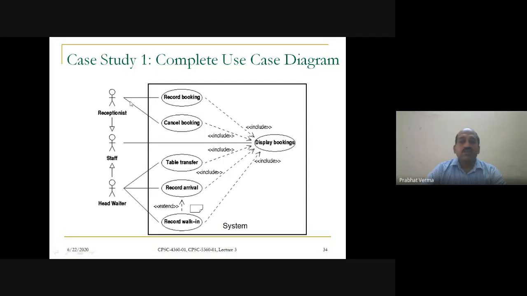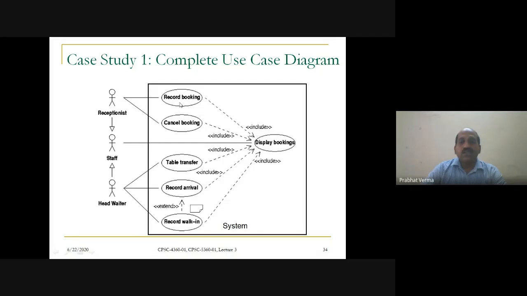We already saw that the receptionist has two responsibilities: one is record booking and the other is cancel booking. Similarly, head waiter also has these responsibilities: table transfer, record arrival, and one more responsibility which is not altogether independent, but is extended from record arrival, and it is for the walk-in customers, record walk-in.